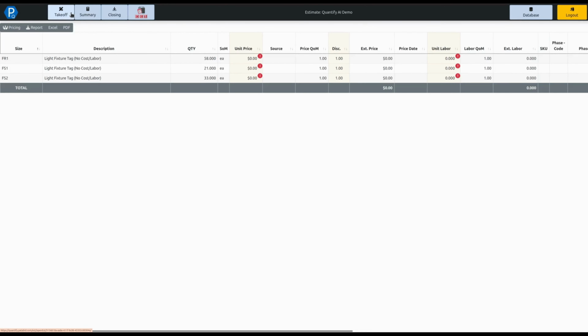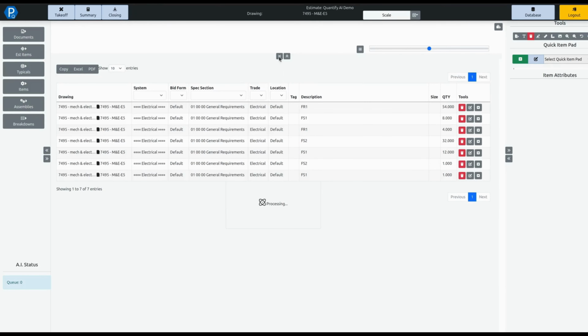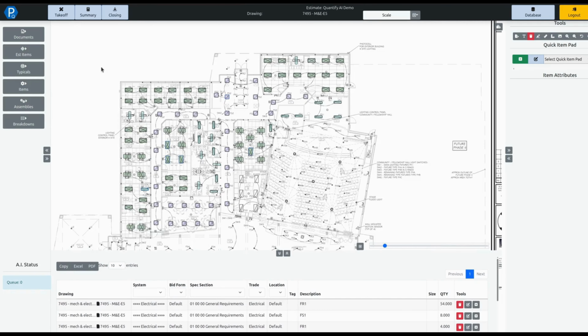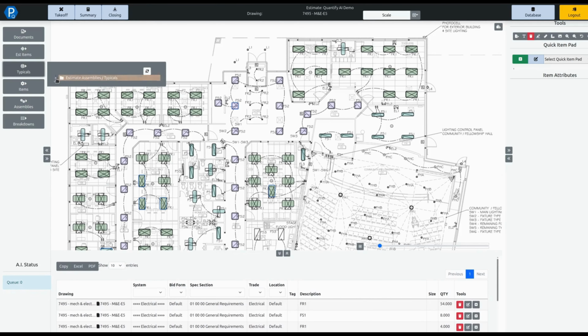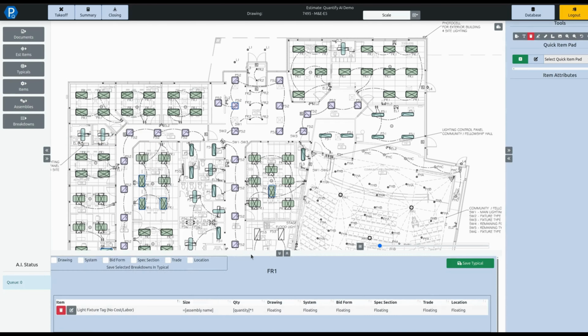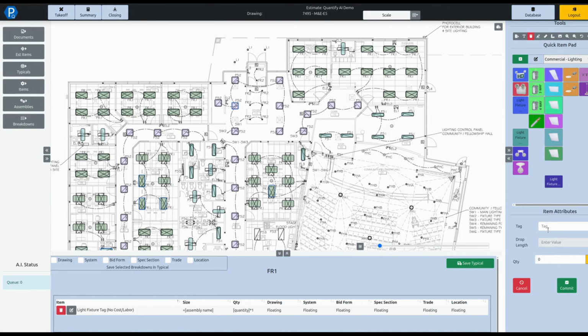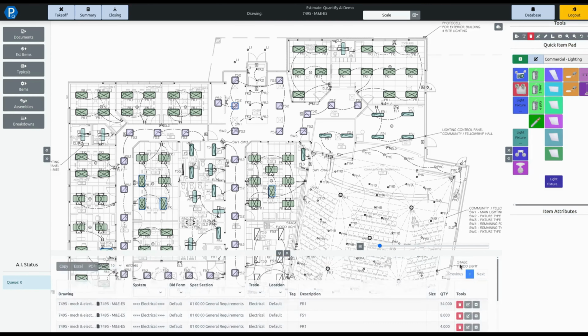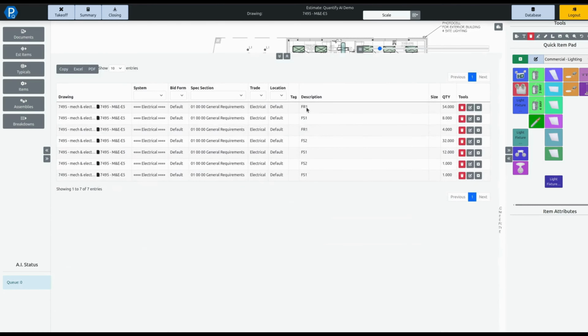We can go back in here and attach in further details for the installation of these. So for example, my FR1s are a 2x4 fixture. So if I come in here and edit this typical, I can very quickly add in my 2x4 fixture assembly. And if I wanted to make 10-foot allowance of a cable whip off of it, put one of these in. And when I save this, it's going to go through my entire estimate and update all instances of